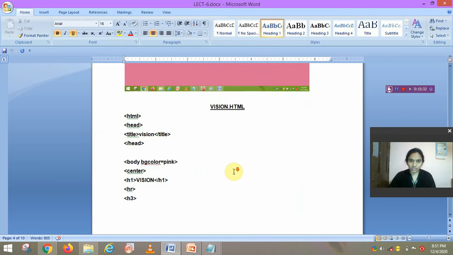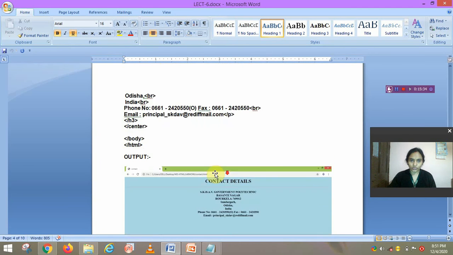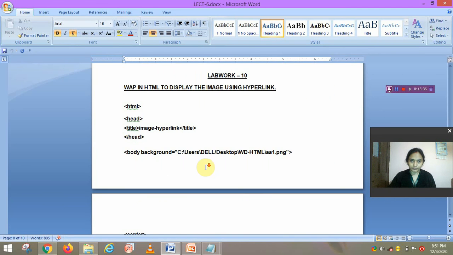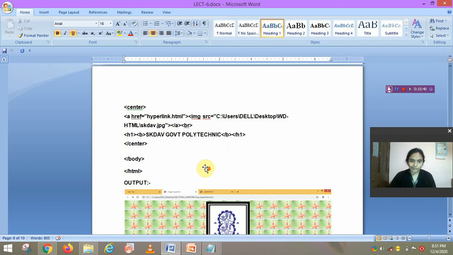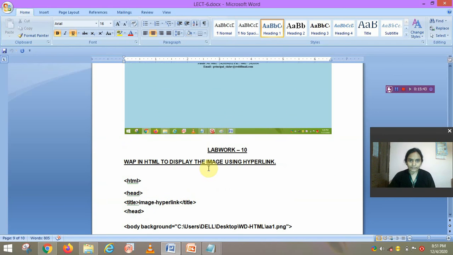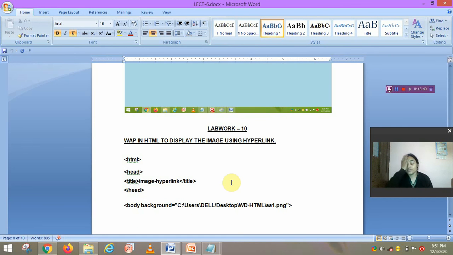First we discuss here, then go to the notepad. How to link an image using hyperlink. That means when you click on the image, it will open another page.